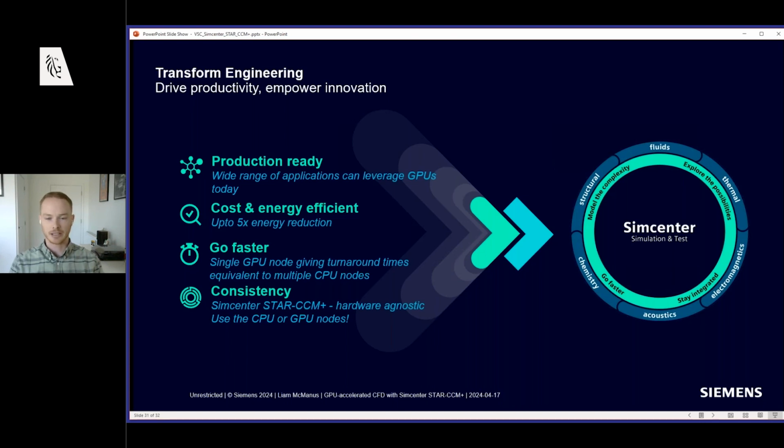We see lots of applications that will still require CPUs in the near future, things like fluid structure interaction, adaptive mesh refinement, those physics models we don't have ready yet. But we also have the power to run on these GPU nodes as well. So, as I said here, if you've got the CPU nodes available or the GPU nodes available, then yeah,